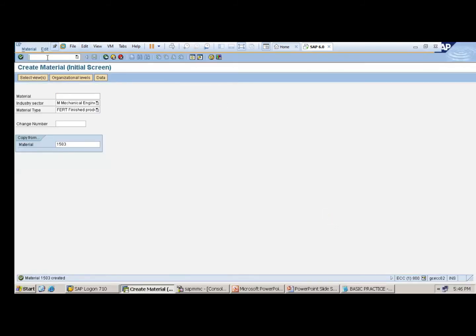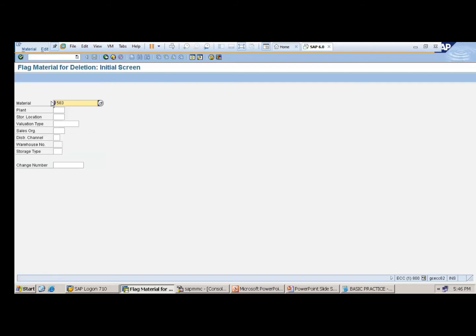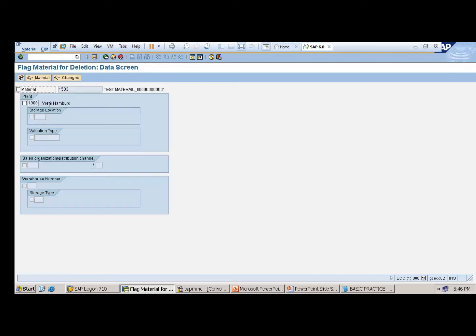MM06. /n MM06, Enter. See, this is the material, for plant 1000. Press enter. Do you want to block this material? Yes, I want to block this material for this plant.